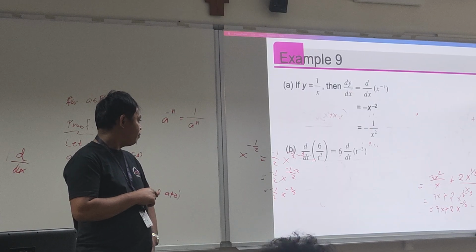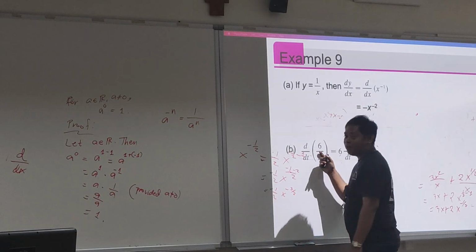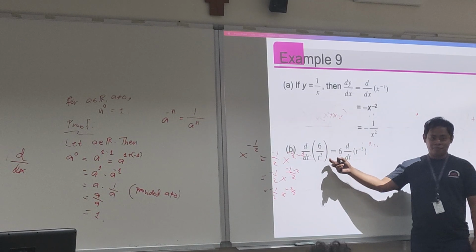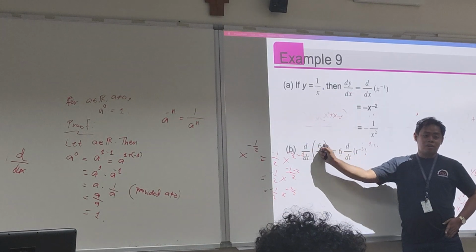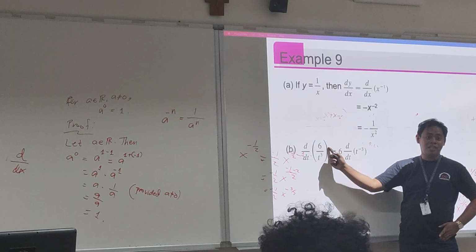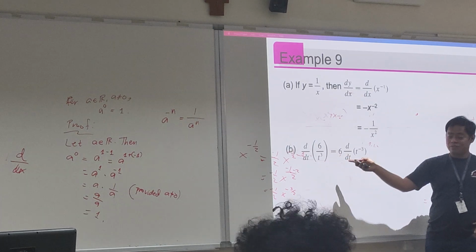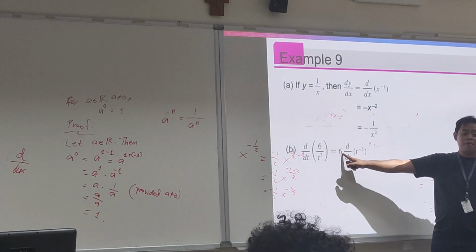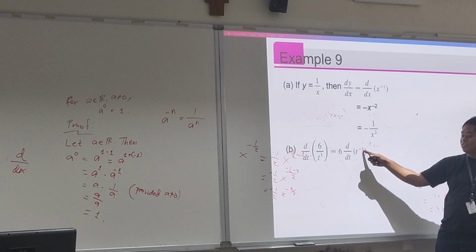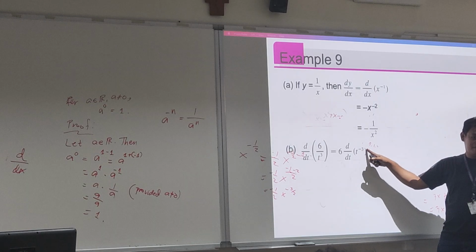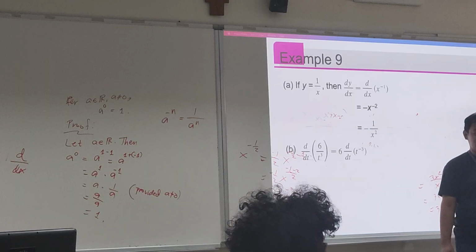So suppose you have this one. From here, don't tell me you will use the quotient rule for this. It is much easier if you see the constant times a function, so the constant does not affect the derivative. By the constant multiple rule, we keep the 6. Meaning you have 1 over t cubed, which is just t raised to negative 3. Then take the derivative, which is much simpler.